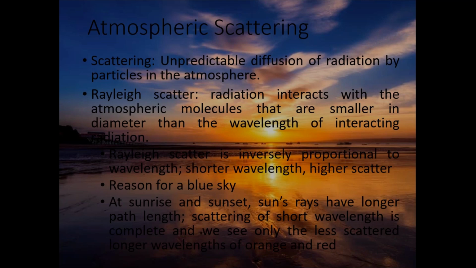Rayleigh scattering causes short wavelengths of energy to be scattered much more than the longer wavelengths, right? It scatters short wavelengths more than the long wavelengths because it happens due to small sized particles like specks of dust or nitrogen and oxygen molecules. This scattering is the dominant scattering mechanism in the upper atmosphere, right?